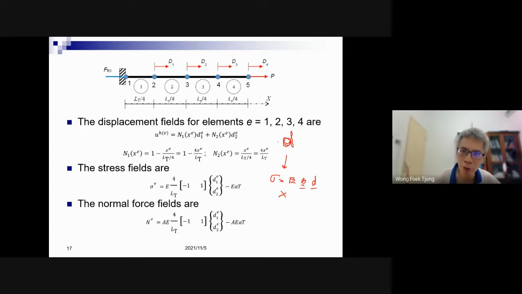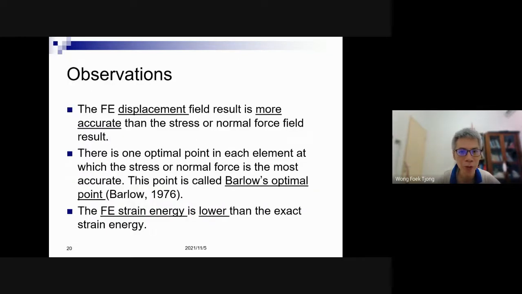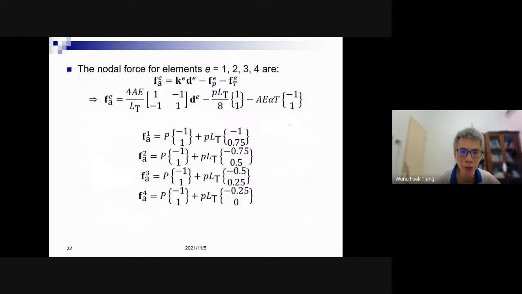So it's possible for 1D elements not to use this standard procedure, but to use an alternative procedure, okay? The alternative procedure is, after we obtain d for each element, then we proceed to compute just like in the direct stress method. Okay, go back to the direct stress method procedure. What should we do? So we compute this one, right?